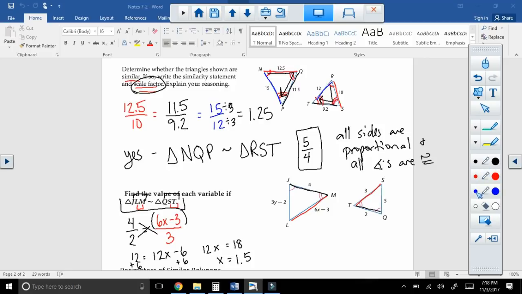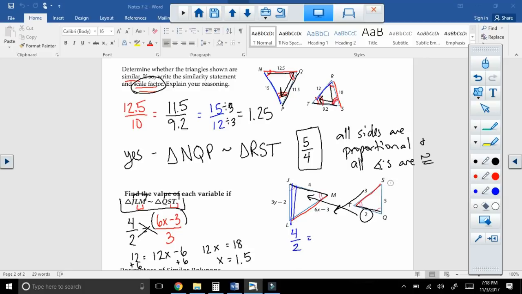I have had students tell me before that, well, they just know that this is twice as big, so they know that this side is going to be twice as big. And that works out fine if you want to do this one that way. They won't always work out that way, so I just want to give you a strategy that will work all the time. So then to solve for y, I'm going to go back to my 4/2, or 4 to 2,